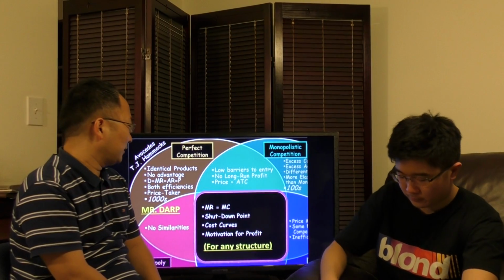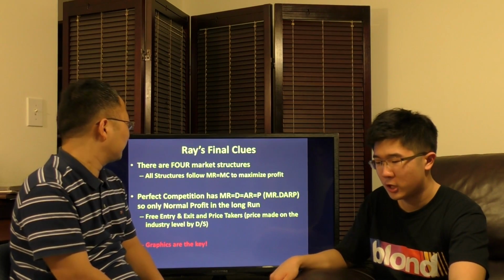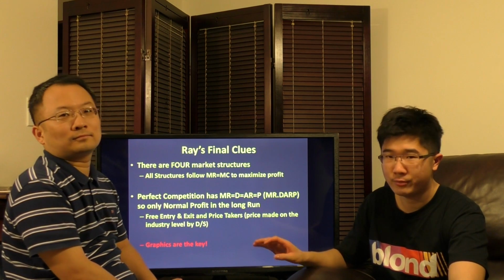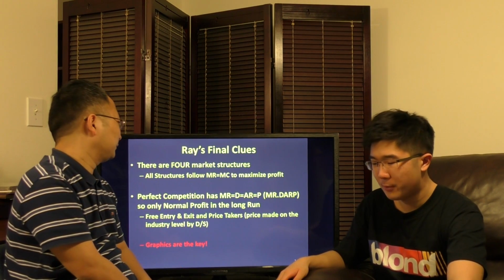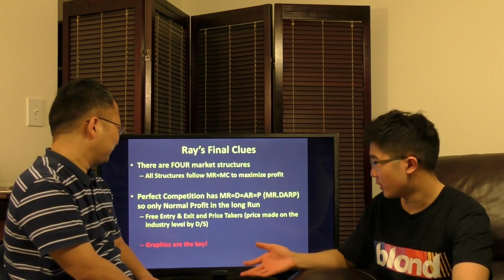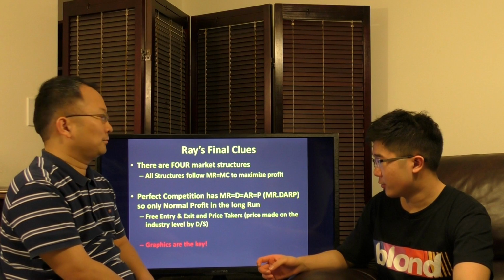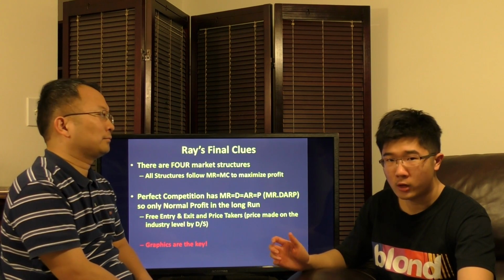Absolutely, yes. So for final clues, this is one of the 4 market structures we're going to talk about. All structures follow the marginal revenue equals marginal cost rule to maximize profit. That's universal for any individual firm in microeconomics. However, perfect competition also has the MR DARP rule, where basically marginal revenue equals demand equals average revenue equals price, because they're price takers and they're all identical. And so only normal profit is achieved for any individual firm in the long run,